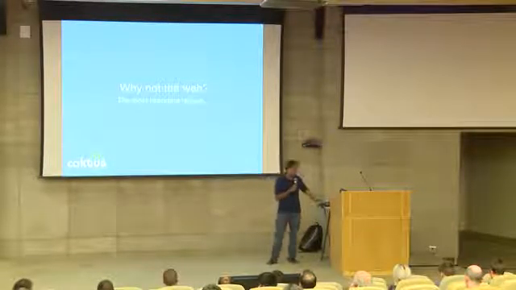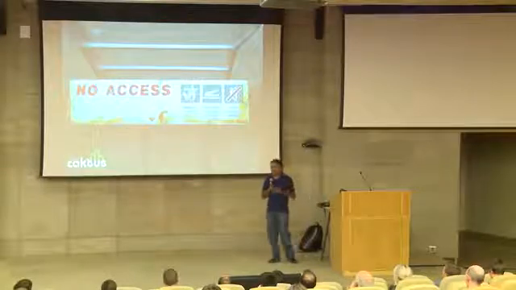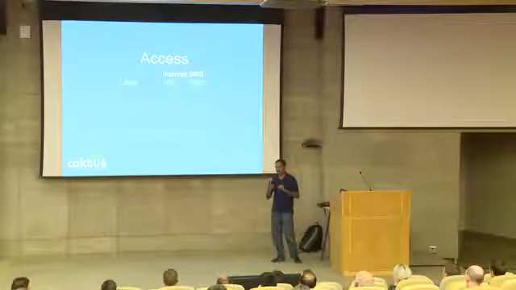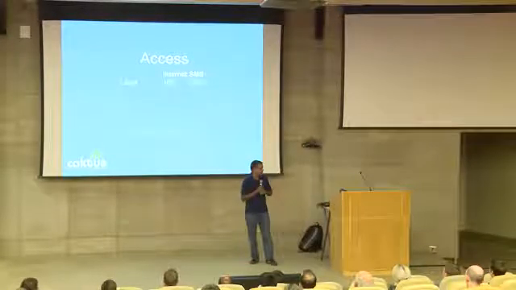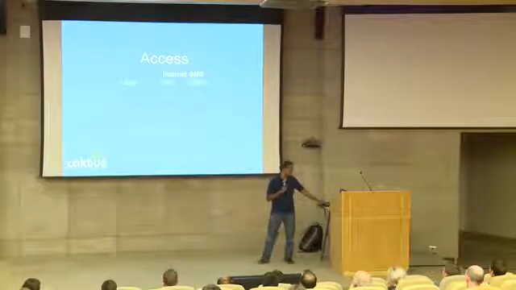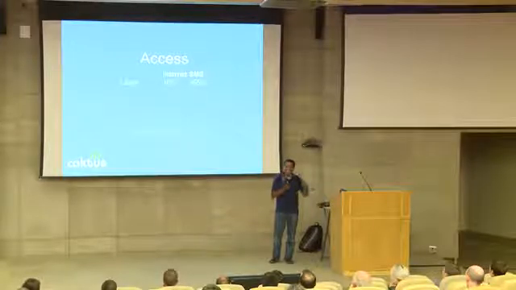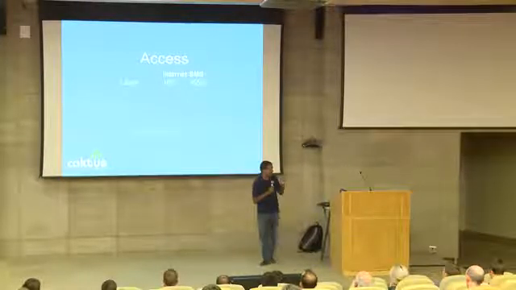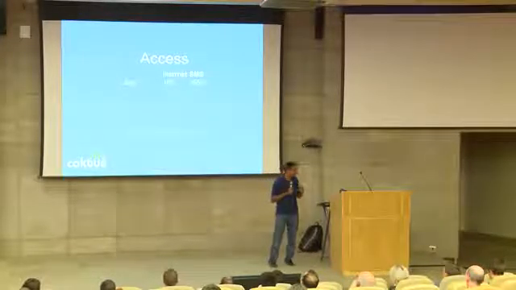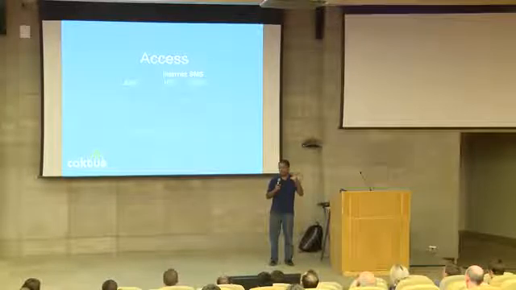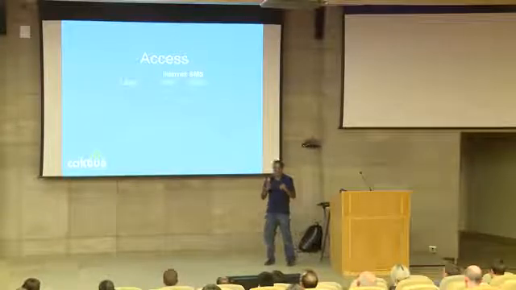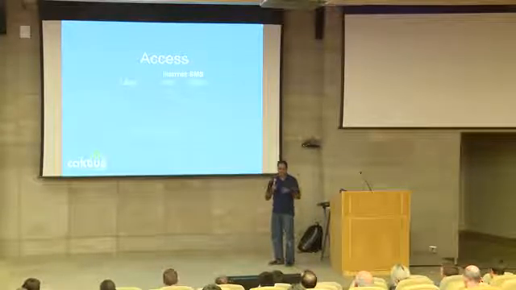I think the most important reason is, again, the access issue. This is something that was surprising to me, being kind of a dumb American. I kind of assumed everyone had the internet. I'm going to show you something that Mark Twain calls lies, but these are statistics. I've tried to get them from one place on the web, but I couldn't find one source that had all this information, so these came from different sources, which means that they came from different time periods, so the absolute number is probably not correct. Some of these came from 2012, some from 2013, but the general relative concept is what's important.